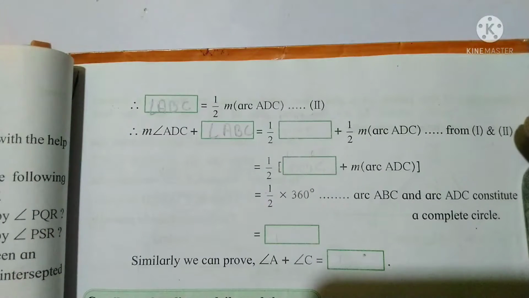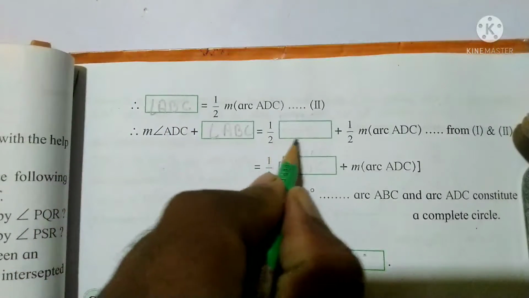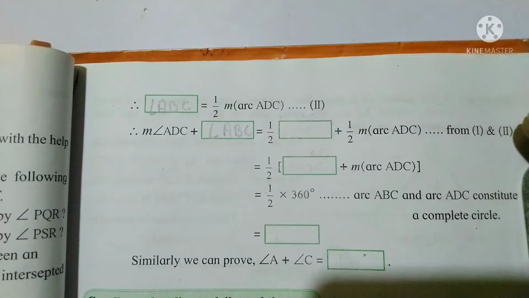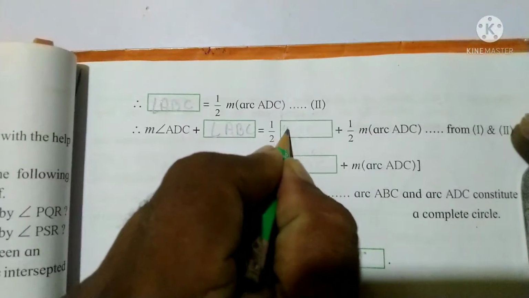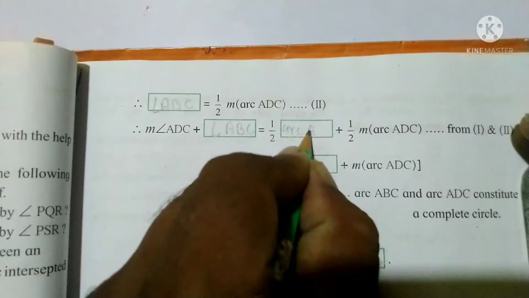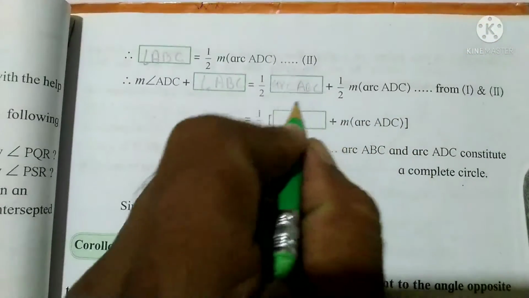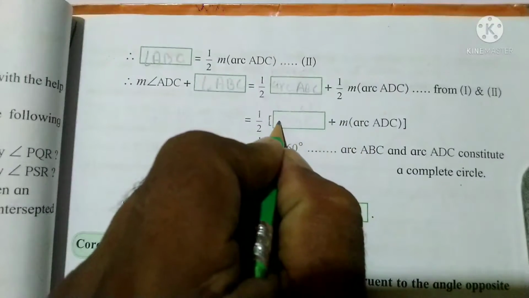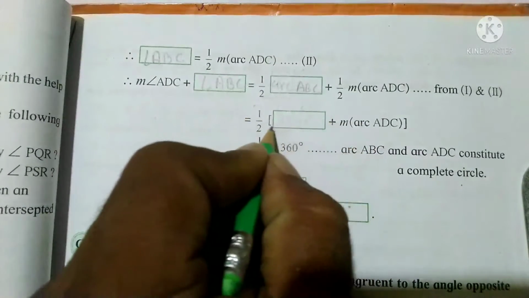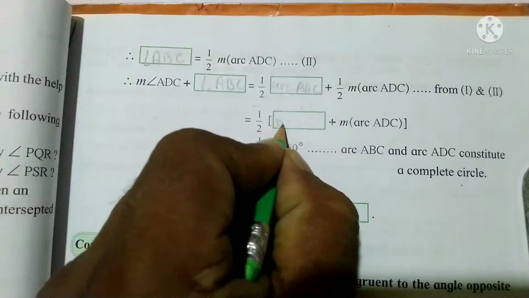Adding equation 1 and 2. Left side: angle ADC plus angle ABC. Right side: 1/2 measure of arc ABC plus measure of arc ADC, where 1/2 is common. So measure of arc